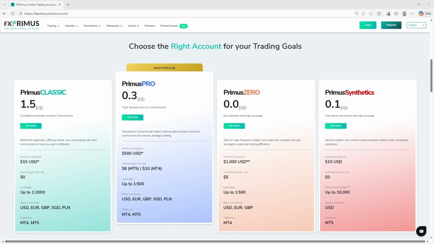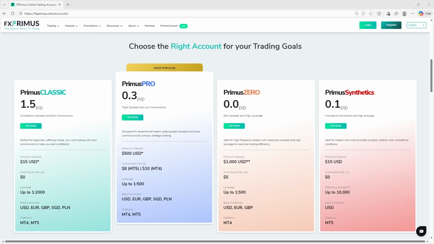exposure. The Pro account tightens spreads significantly, often around sub-pip levels, but introduces a fixed commission per lot depending on platform choice. This pricing structure targets experienced traders who want more predictable execution costs and tighter bid-ask pricing for intraday